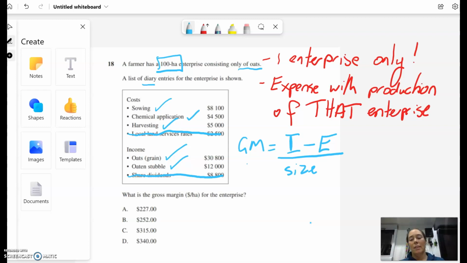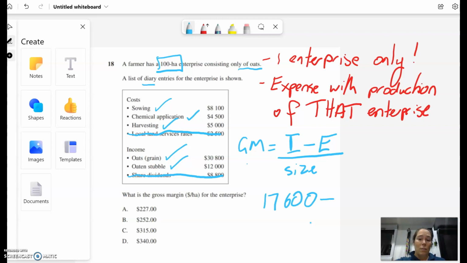So I'm sorry, it's late here. So I'm going to do this on the calculator. Income is going to be 8100. This is why you need a calculator in your exam, by the way, people. Plus 4,500 plus 5,000. So our income is going to be 17,600